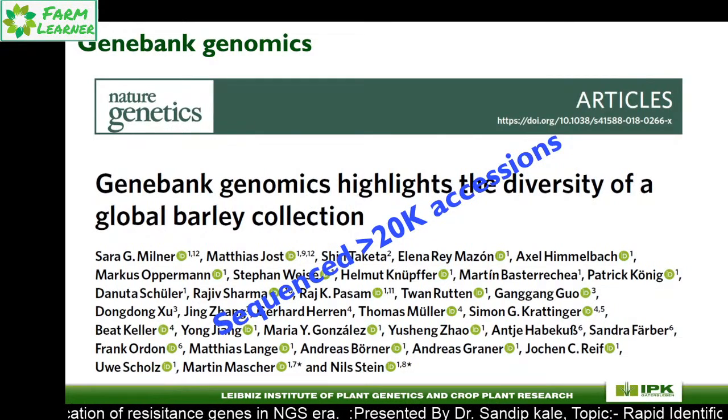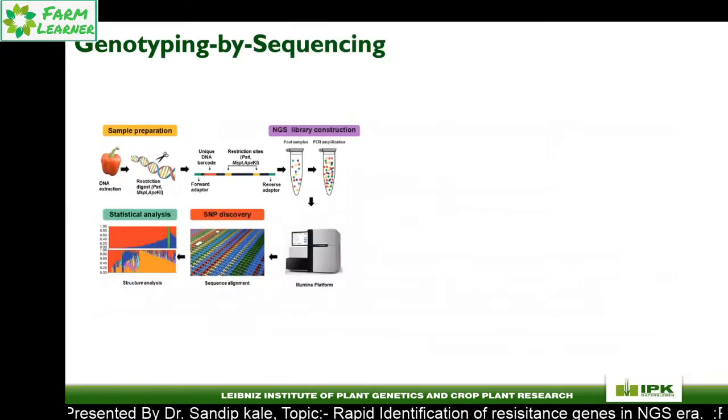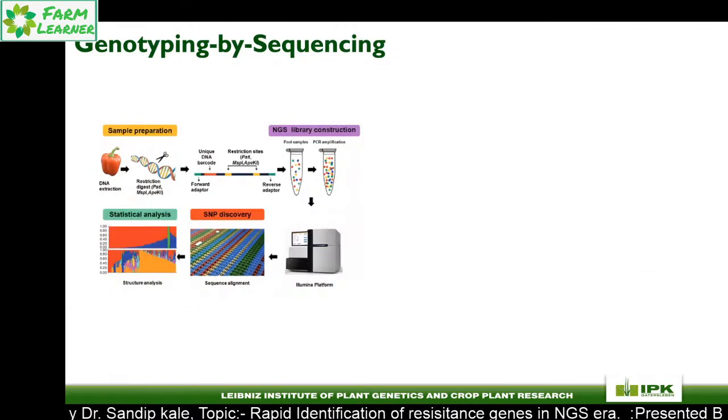And then finally, genome association study for disease resistant traits in barley. So I will explain in the next slide how this genotyping by sequencing works, and how that data can be used for doing all this downstream analysis. Genotyping by sequencing, as the name suggests, is the procedure for simultaneous SNP identification and genotyping of a large number of samples from a population. In genotyping by sequencing, the first step is to extract high quality DNA from